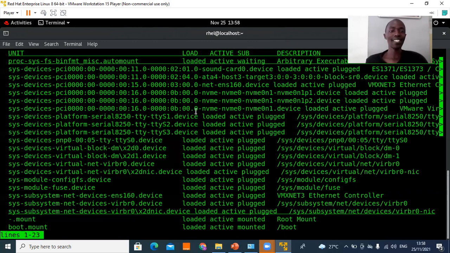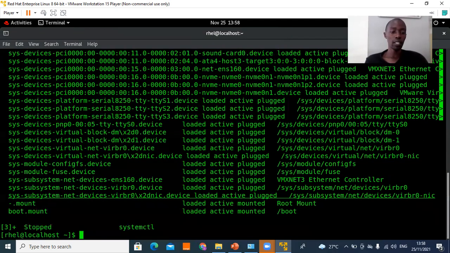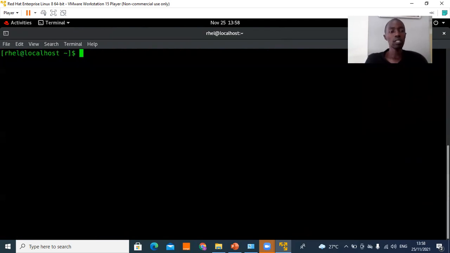As long as you type systemctl, it will give you everything concerning the state of the system. With this part, let me press Control X, that means I'm exiting, and then I'll clear the screen. Using systemctl alone is not important because it does not give you the specific thing you are looking for. So you have to add some options so that it takes you directly to where you are going. For example, if I want to list all currently loaded service units,